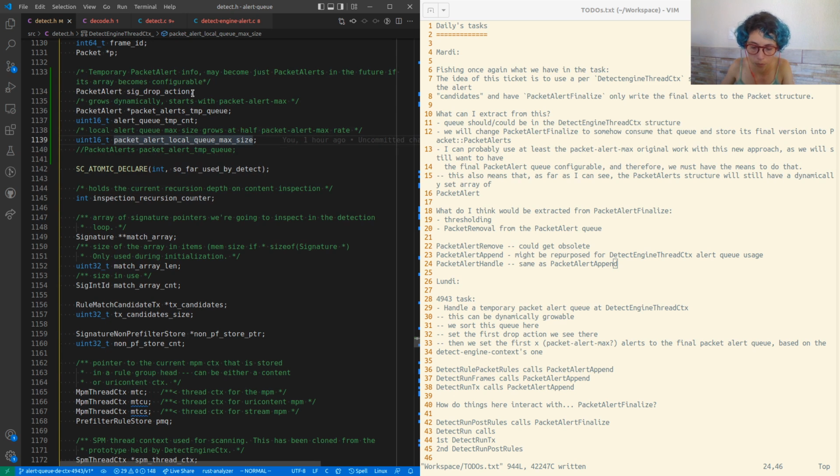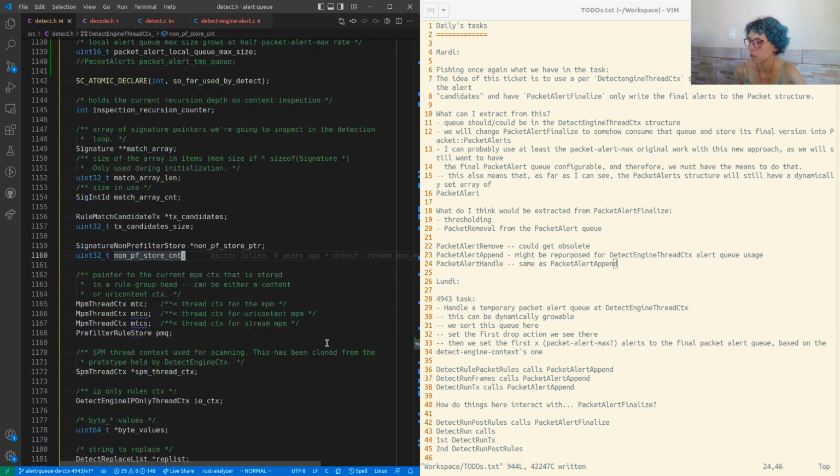If there are more signatures triggering alerts for the same packet, this would allow us to have that queue here growable. And this will be our counter to know what's the real size of this. That's it. Is that enough? No, it's not, but it helps me get going.